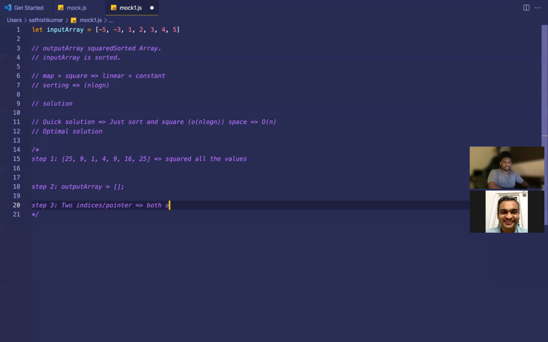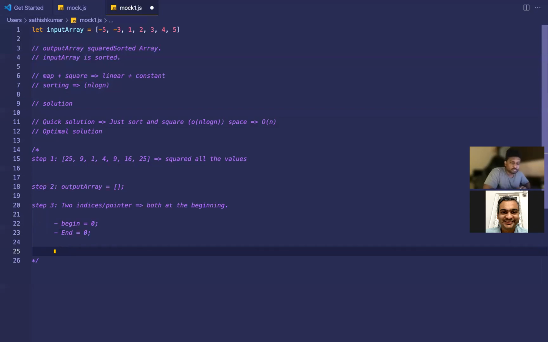Okay, Karthik. Just call it begin and end, and initialize begin to 0, initialize end to n minus 1. Begin equal to 0, end equal to n minus 1. Okay, Karthik. Now compare input array of begin and input array of end. If input array of begin is greater than input array of end,